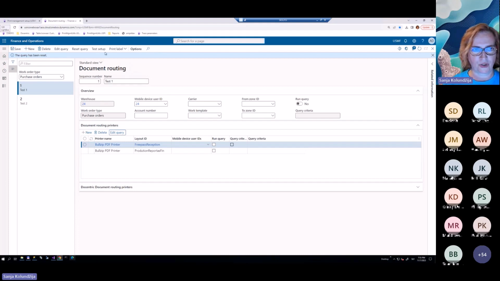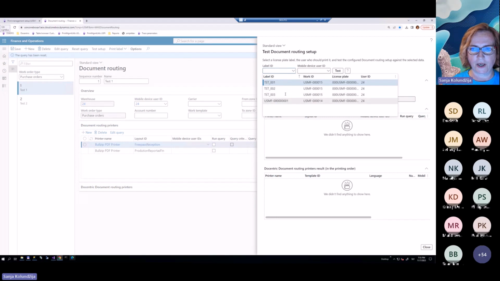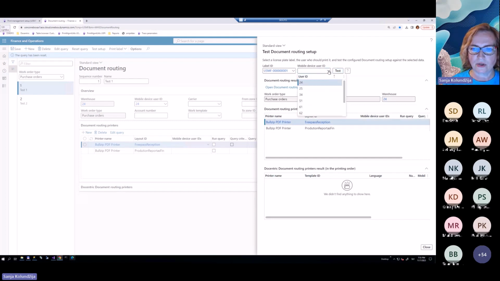Second modification or improvement is we're giving you a chance to test your setup to figure out, when you are printing something, why doesn't it print, or to know upfront where and how it can be printed. So when I say, for example, this label here, where can it be printed? Do I have any setup for it? I can test and I will see, yes, I have a setup for this combination, for this printer and this layout. And then I can further narrow this condition and say, for example, is this user